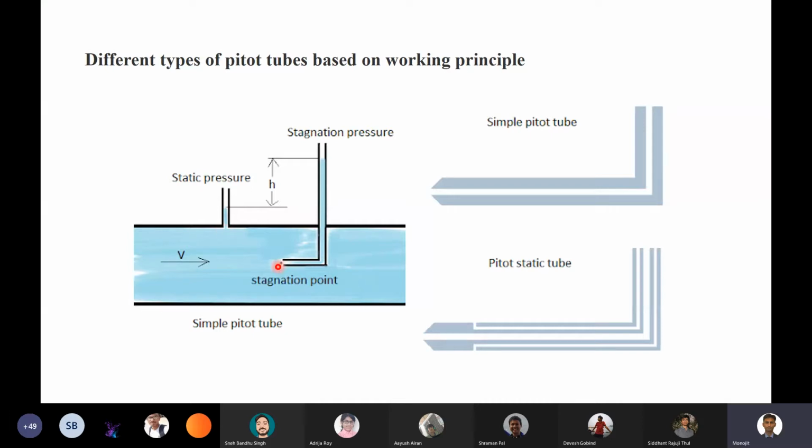Now, intuitively, you can understand, when we don't have any flow, suppose this V is equal to 0, what would be the reading in here and here in these two tubes? When we don't have a flow, it will be the same reading, and it is the same as the static pressure. You agree with me? Because there's no velocity, only the hydrostatic pressure of the fluid is giving you some height inside the manometer, right? Agree?